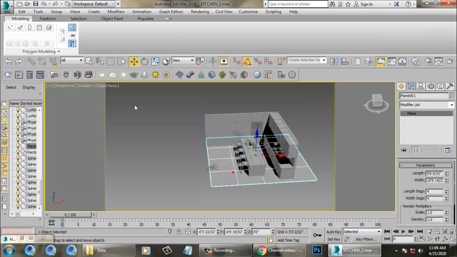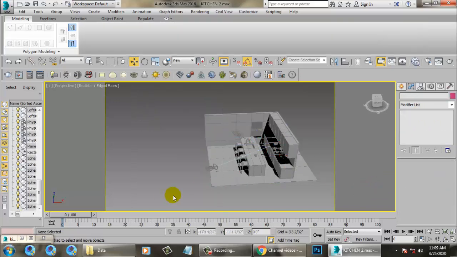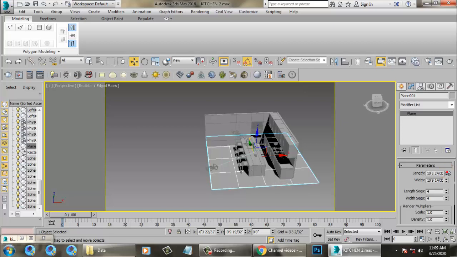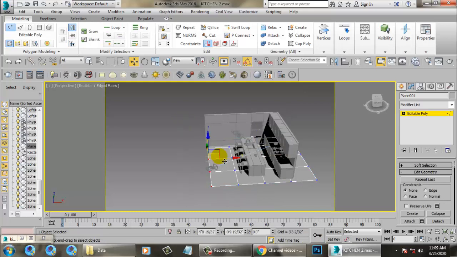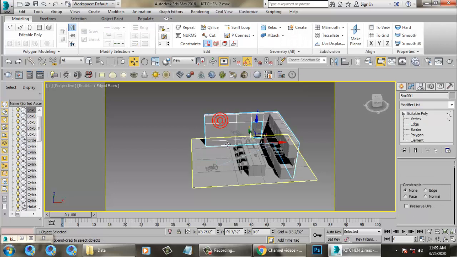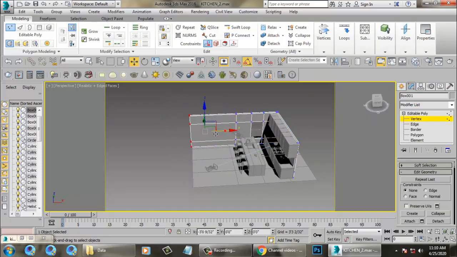Select the plane and increase its width. Not required. Convert to poly, select all of its vertices and push it out. Select this and push it over here.